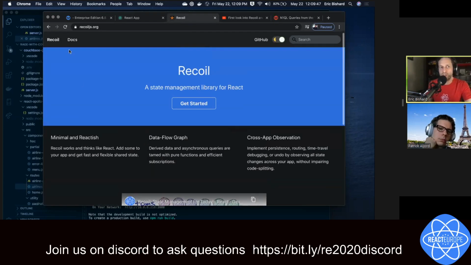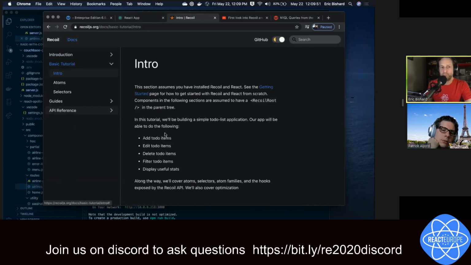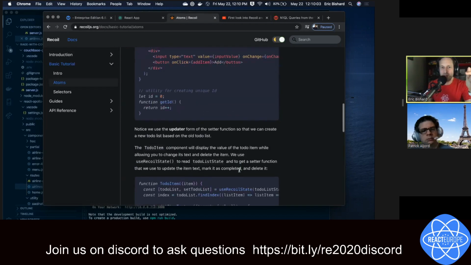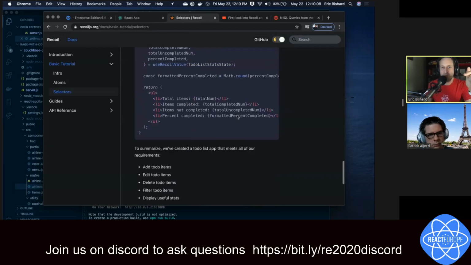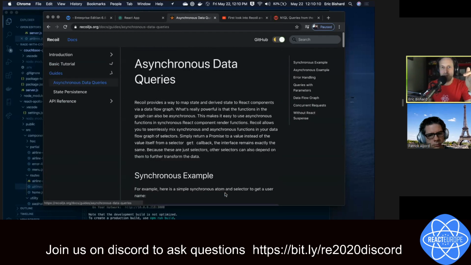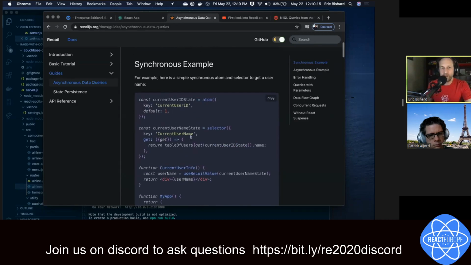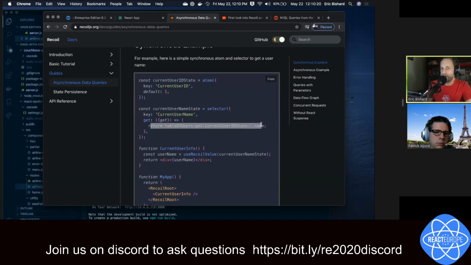Recoil, you can go here and check it out. And here's the basic tutorial. This section assumes you have installed Recoil, and it walks you through creating a to-do application. The cool thing about this is when you get into selectors. I'm going to go one more in. There should be a next at the top of the page too. So, synchronous and asynchronous. In your selector, you can make your selector get information